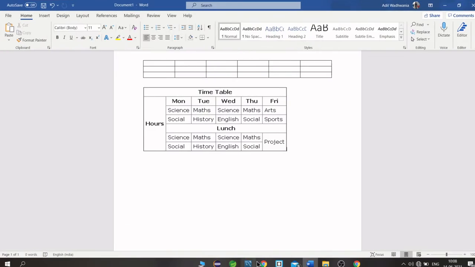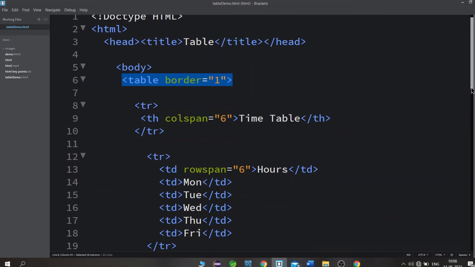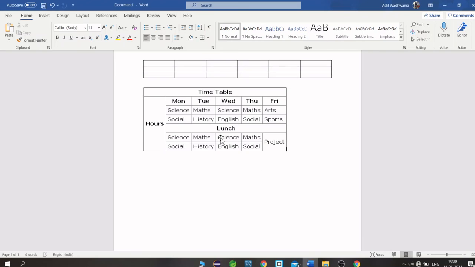Now let's just recap what we have done. First, we created a table tag. In that table, we insert the data in the row format. You can now see here there are 1, 2, 3, 4, 5, 6, and 7 rows.